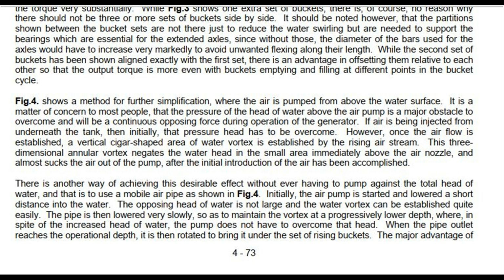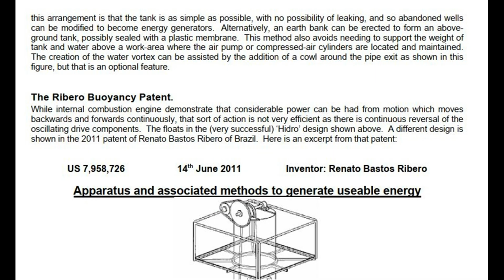Initially, the air pump is started and lowered a short distance into the water. The opposing head of water is not large and the water vortex can be established quite easily. The pipe is then lowered very slowly, so as to maintain the vortex at a progressively lower depth, where, in spite of the increased head of water, the pump does not have to overcome that head. When the pipe outlet reaches the operational depth, it is then rotated to bring it under the set of rising buckets. The major advantage of this arrangement is that the tank is as simple as possible, with no possibility of leaking,